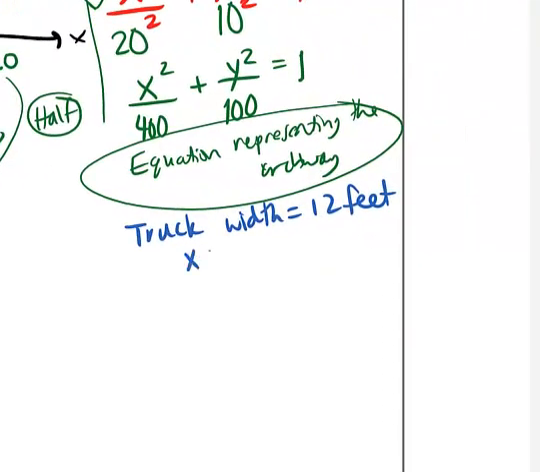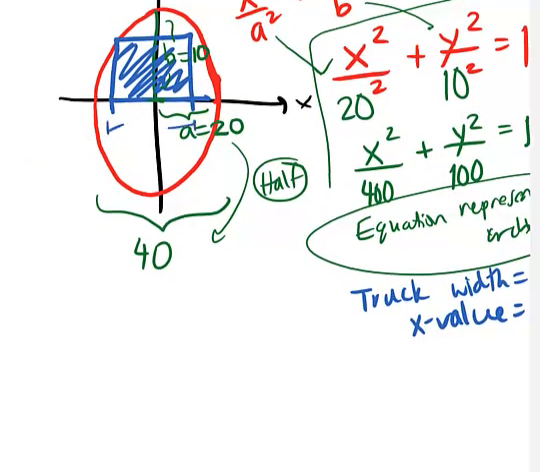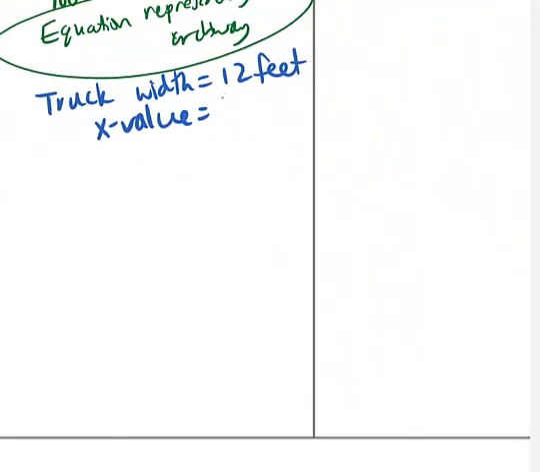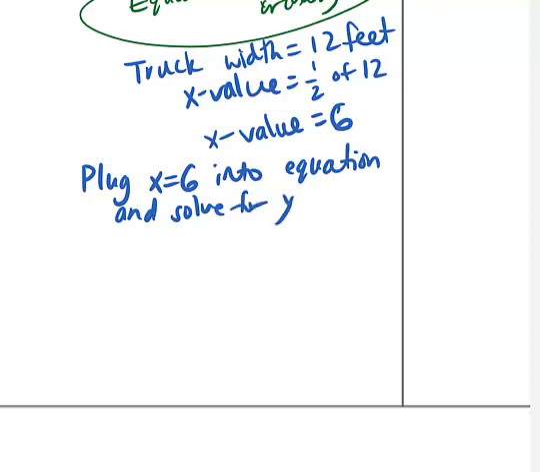The X value won't be 12, because 12 is the distance all the way from the negative side to the positive side. The X value will actually be half of that. Half of 12, or 6. Kind of similar to where we got the value of A. A was half of the horizontal distance across the archway. So what we're going to do is plug in X equals 6 into the equation of the archway and solve for Y,